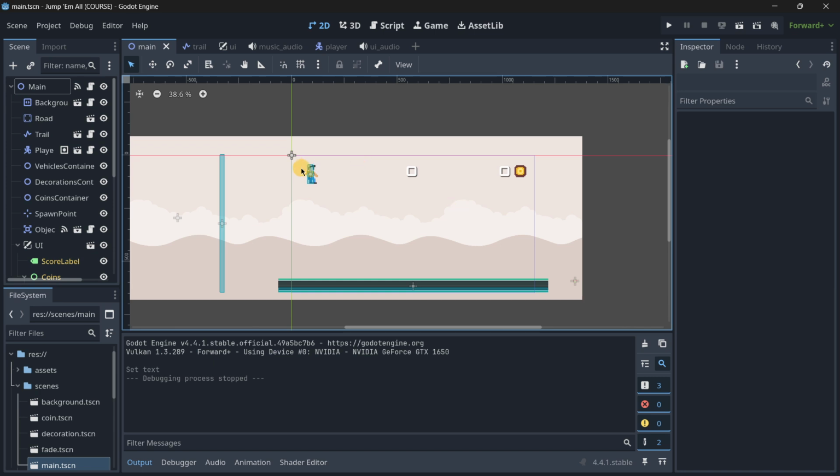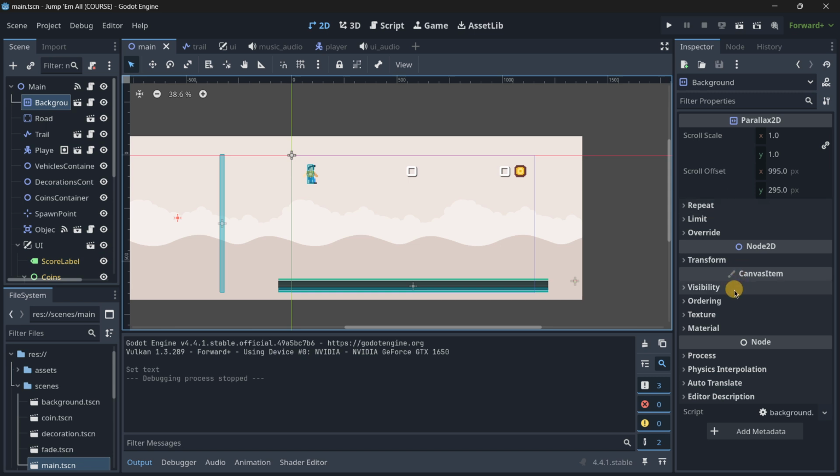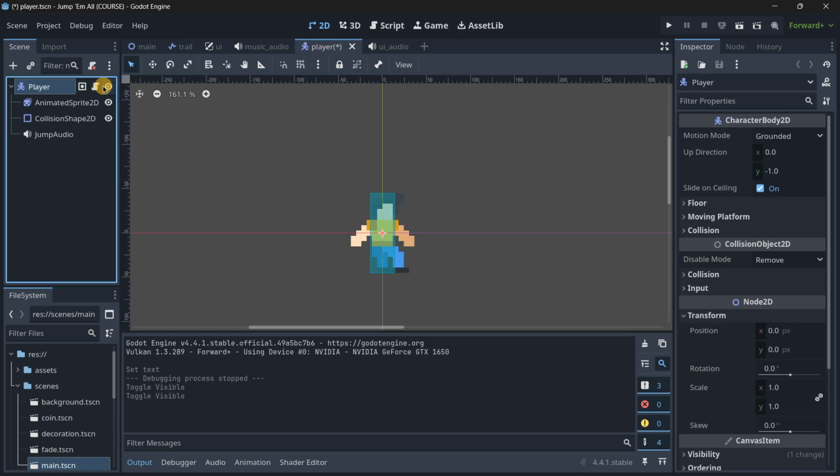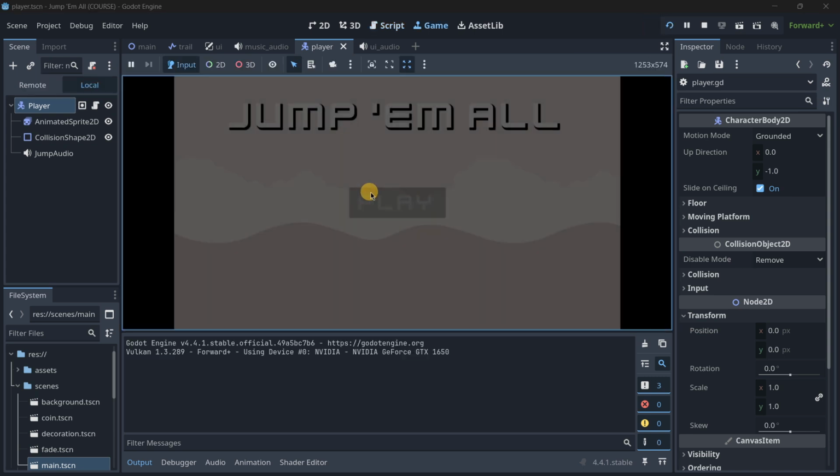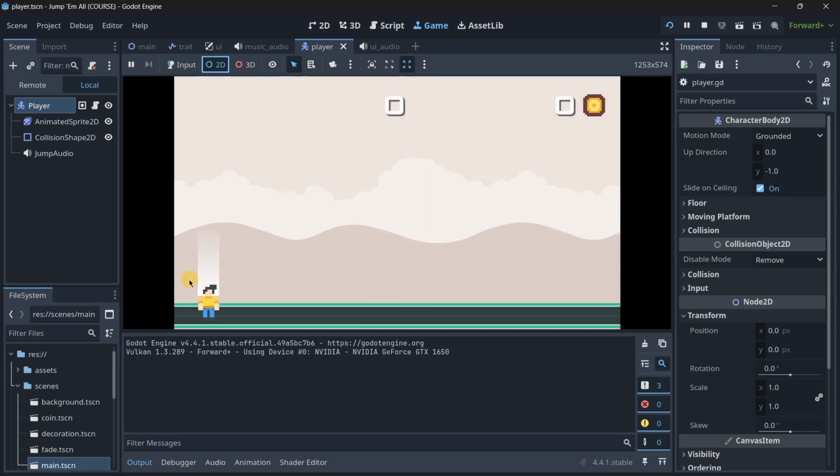Another pretty interesting usage is to modify different values, different properties in the inspector, as we have seen, of different nodes, and basically seeing how they look and how they behave in the real game. And lastly, we can also change variables during runtime. In this case, the player has defined its jump velocity and an extra speed as constants. So if we were to play the game and select the player,